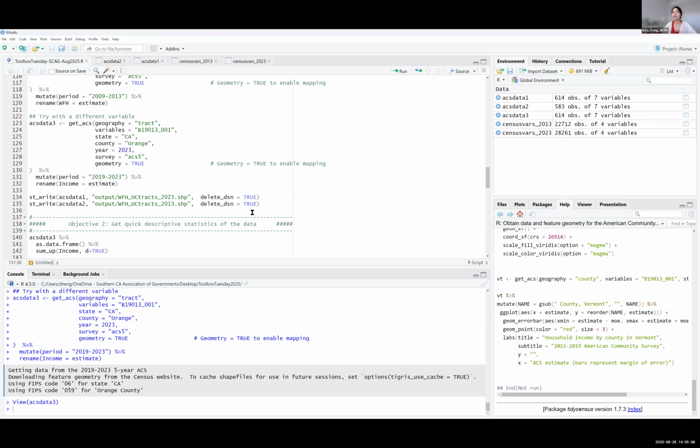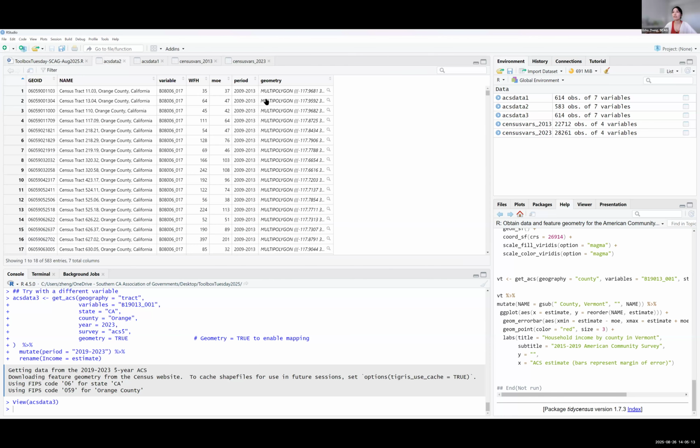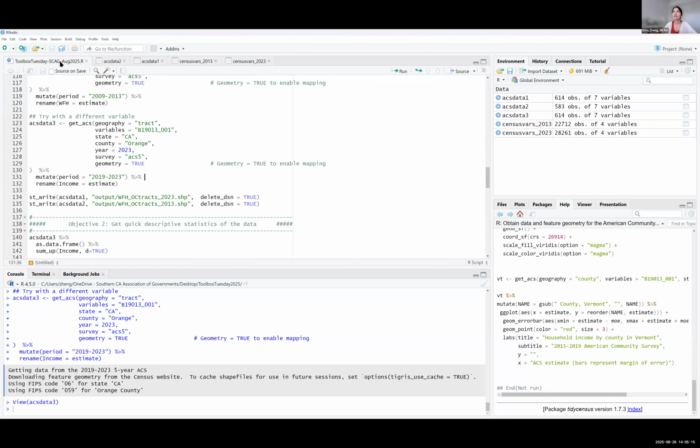One last thing here is that, as I mentioned, all this extracted data has a geometry column. So you can actually just directly export them as a shapefile. The function to do it is st_write. So here you're telling R to export ACS data 1 as a shapefile called this name. It's for 2023.